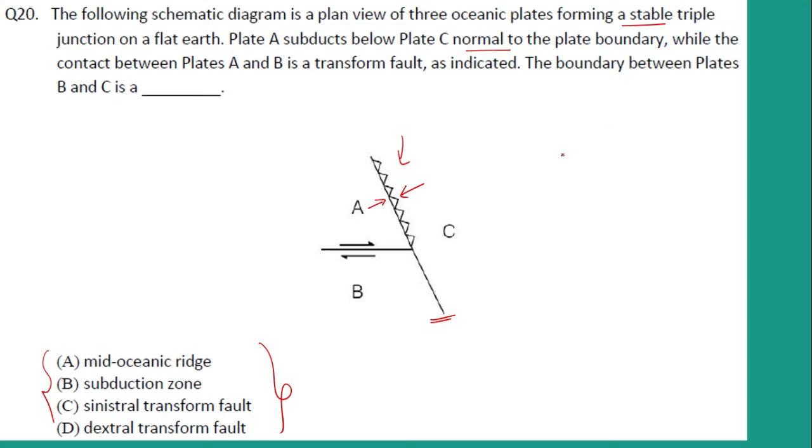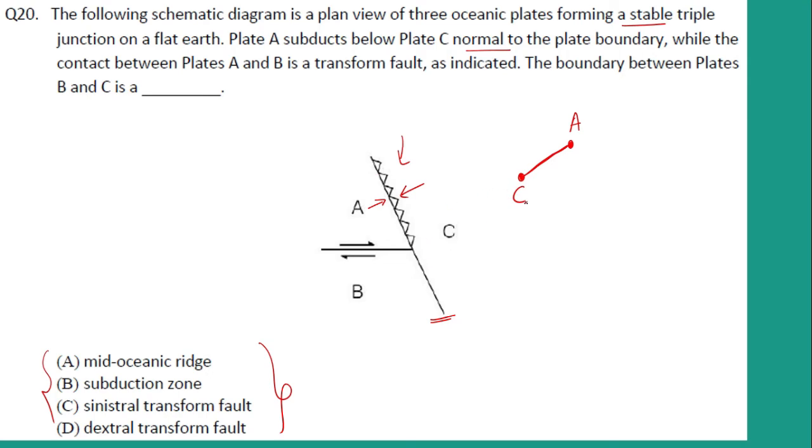So for doing that, I will just place arbitrarily a point A, representing plate A. Now I will fix the position of B and C with respect to A based on the given plate boundaries. I will place C in the southwest direction of A, because this motion is in the northeast-southwest direction. Hence, if I were to stand on A, I would see C going in the southwest direction.